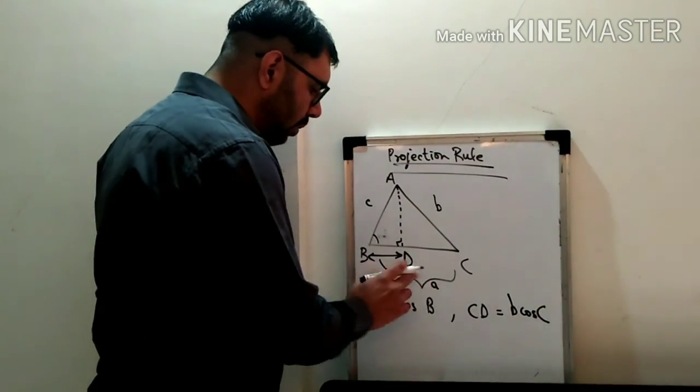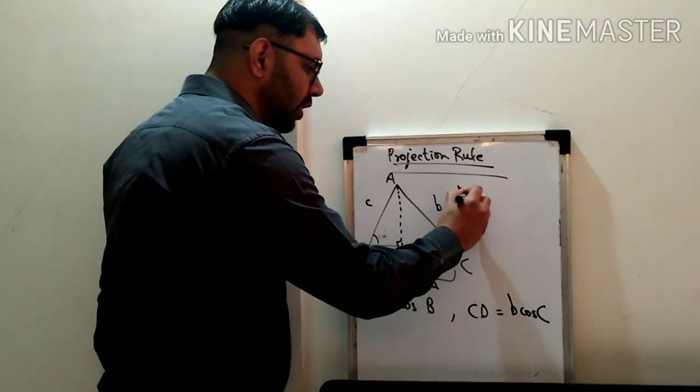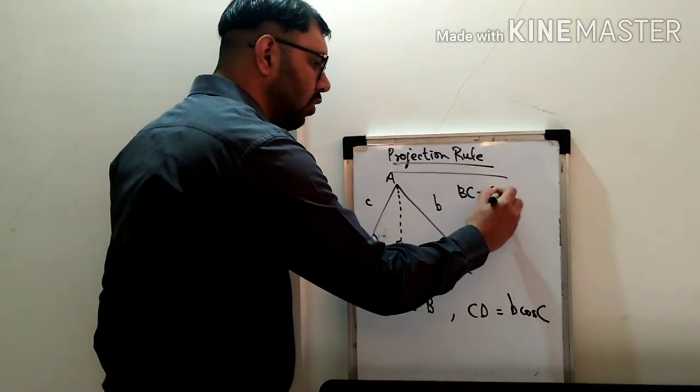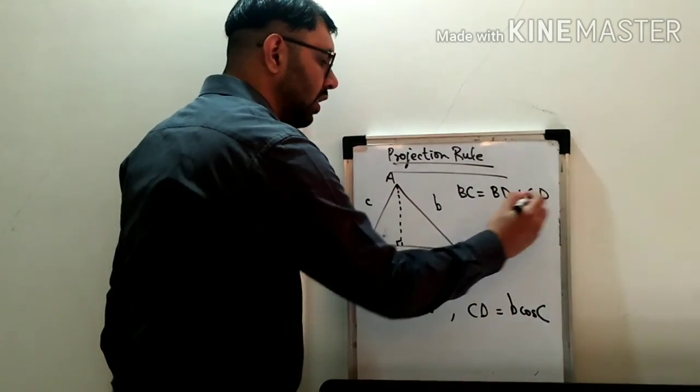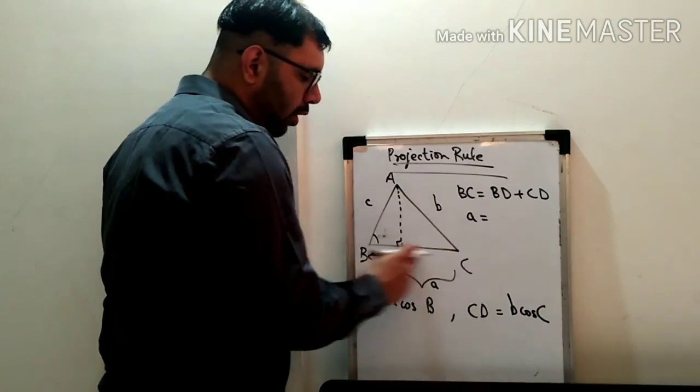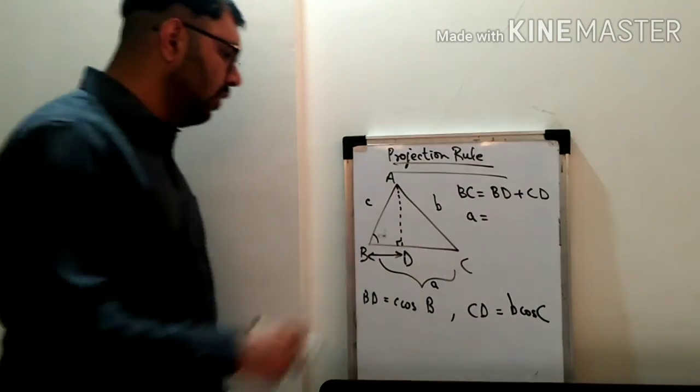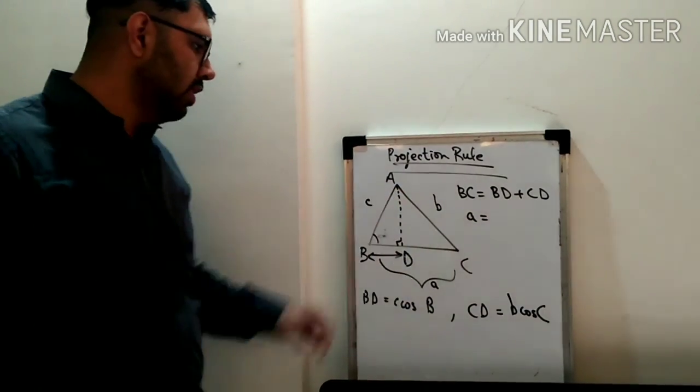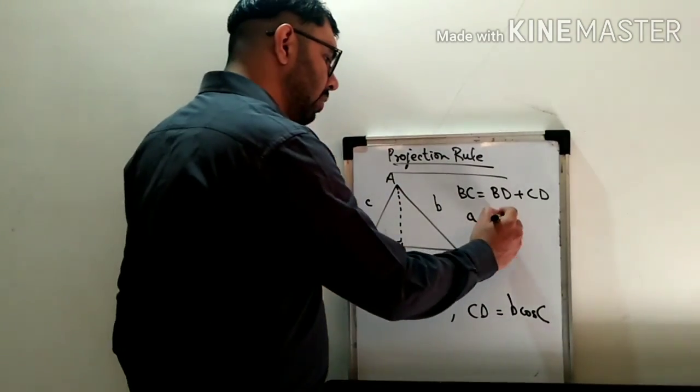Now the complete length BC is made up of these two line segments. BC is equal to BD plus CD. BC is nothing but a, because BC is the side opposite to capital A. BD can be written as c